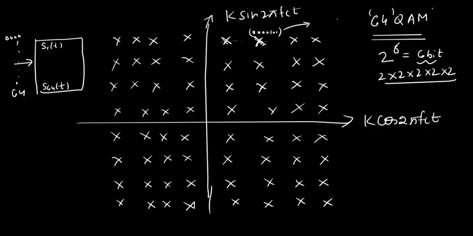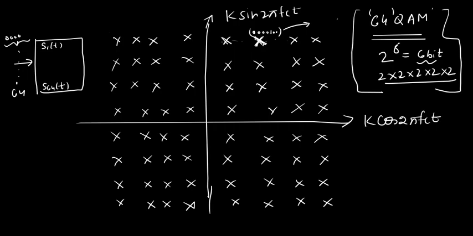Is this clear or not? What do we mean by 64 QAM? Each time you are taking 6 bits and mapping it to S1(t). So, each of these waveforms represented by a constellation point carries 6 bits of information. At the receiver, if you transmit S1(t), you can extract 6 bits of information. Yes or no?